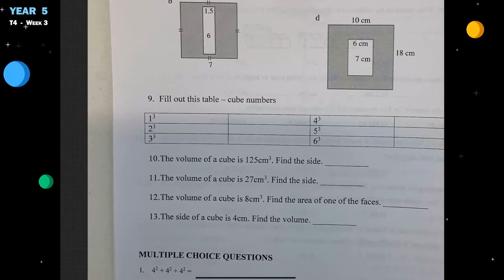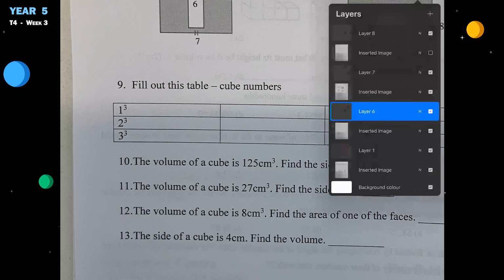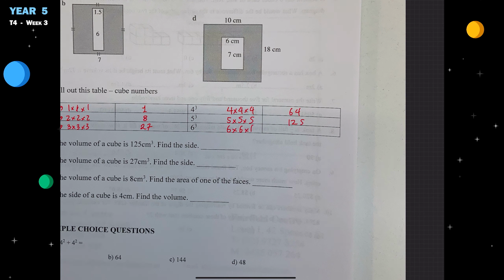Let's look at question 9. Fill out this table. Okay, 1 cube means 1 times 1 times 1, which is 1. 2 cubed means 2 times 2 times 2, which equals 8. 3 cubed means 3 times 3 times 3, which equals 27. 4 cubed means 4 times 4 times 4, which equals 64. 5 cubed means 5 times 5 times 5, which equals 125. And 6 cubed means 6 times 6 times 6, and that's equal to